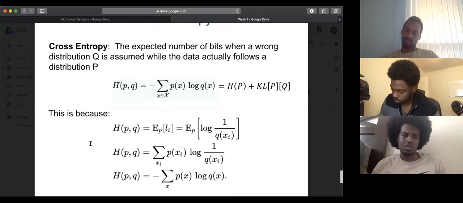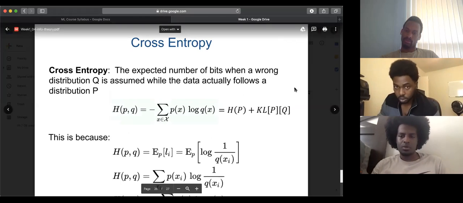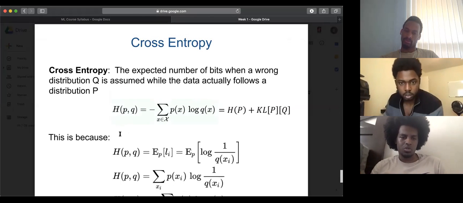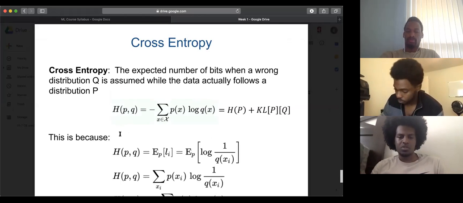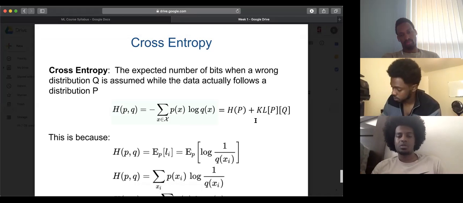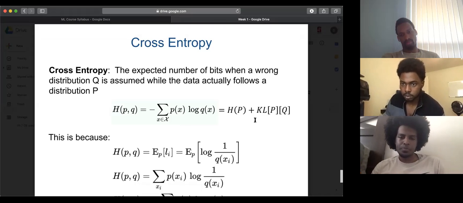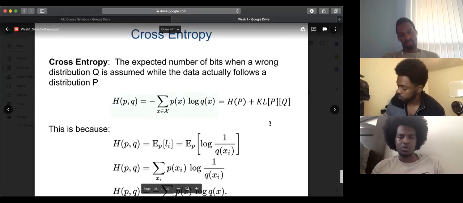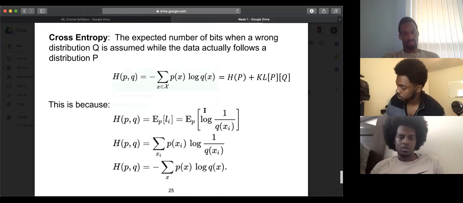And we'll look like the derivation will be a little more clear. So what they've done here is that you can see the first line, the entropy of P comma Q, or the joint entropy of P and Q, is the negative sum of the probability distribution of X times the log of Q. And that is also equal to the entropy of P by itself plus the Kullback-Leibler distance of P and Q. So we'll talk about that part later, but the most important part is here and highlighted in green. Yeah, so that's really the most important part.